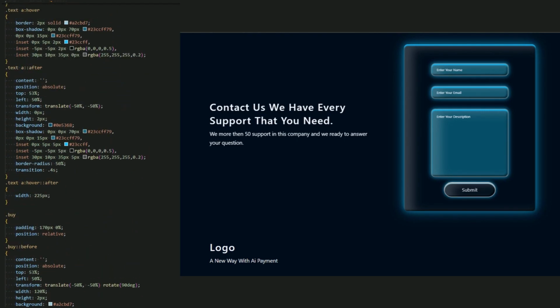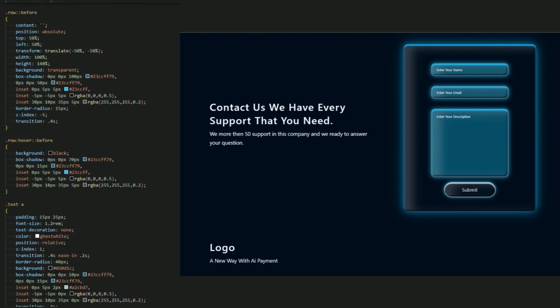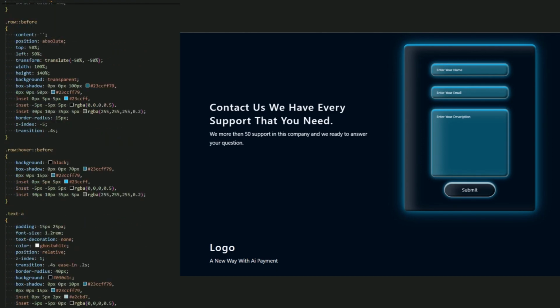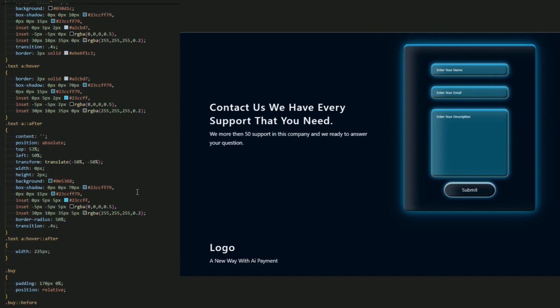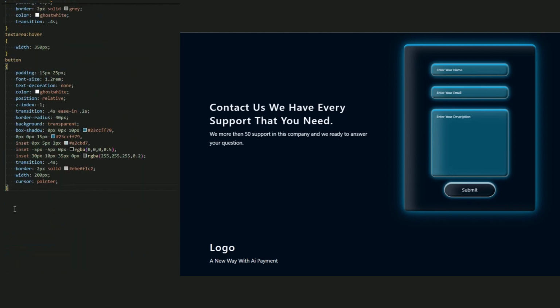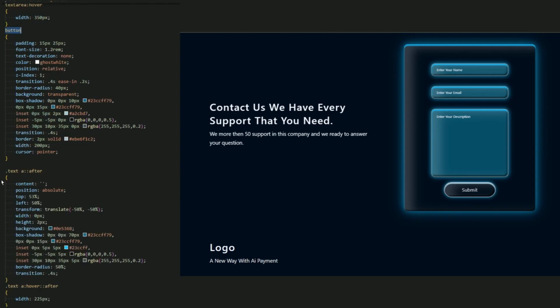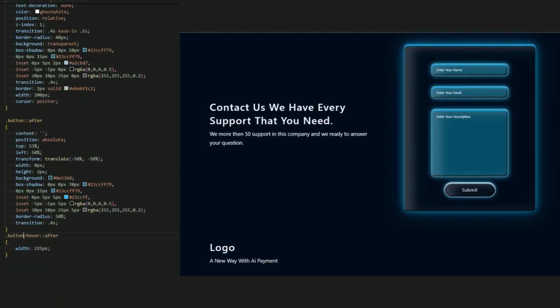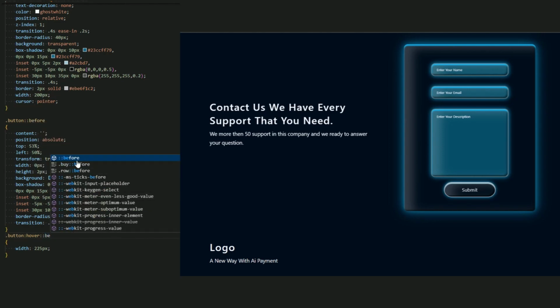I want it to be a line inside of this word. So this takes an after, and let me just copy this. And instead of that, let it be a button. Okay, now in this, let me name it before, simple, instead of after.